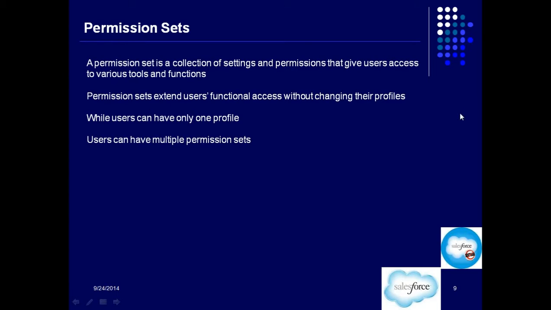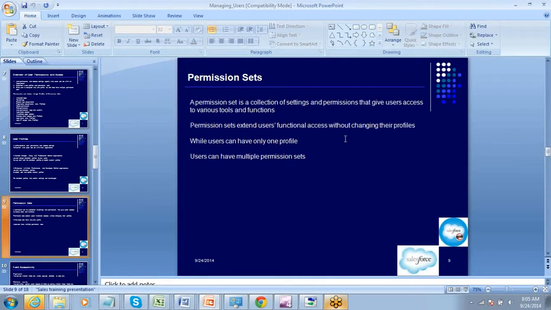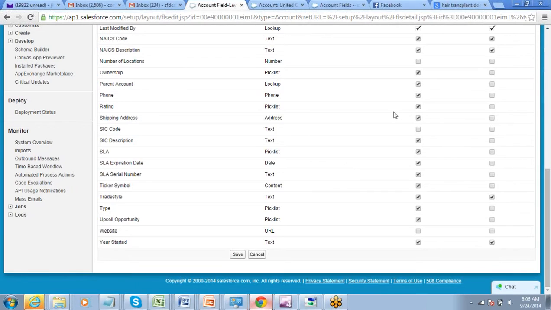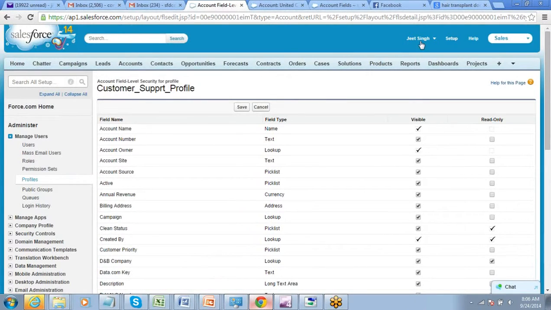So let's see how we create a permission set and how we assign it to a user. Permission sets are here under Setup, and you have permission sets here.